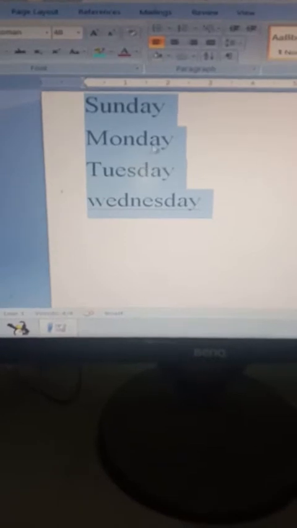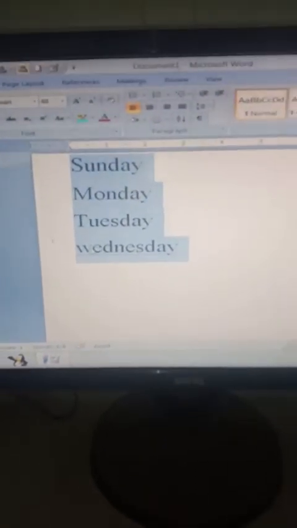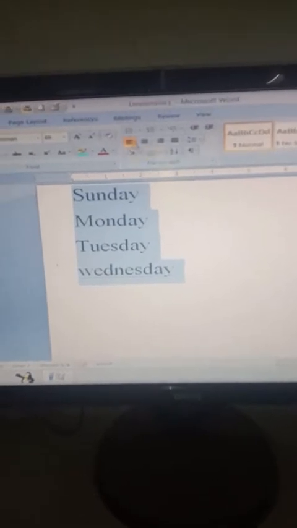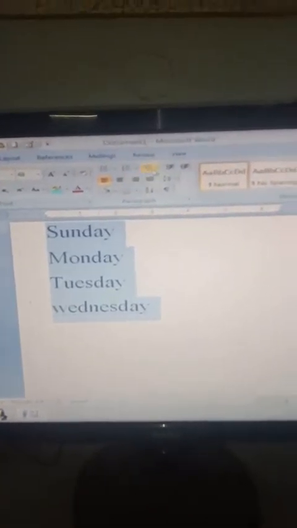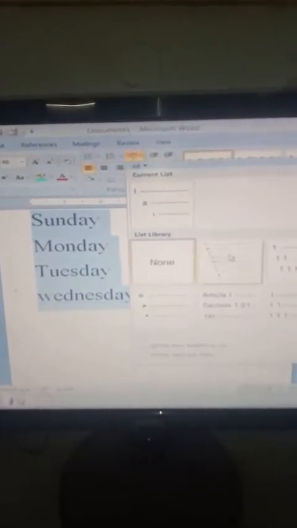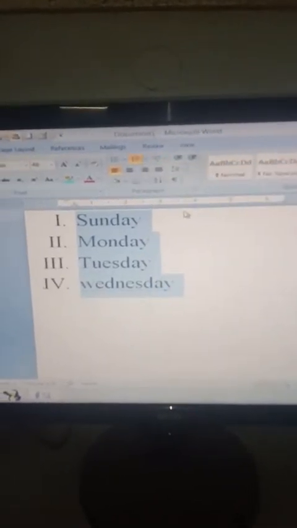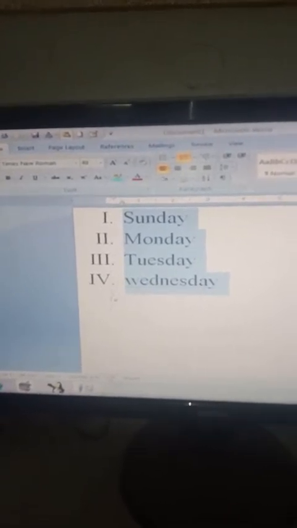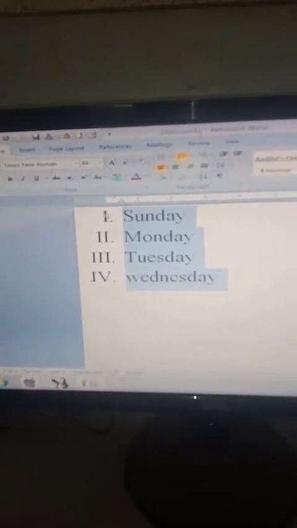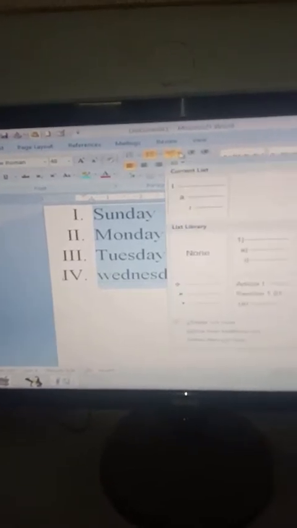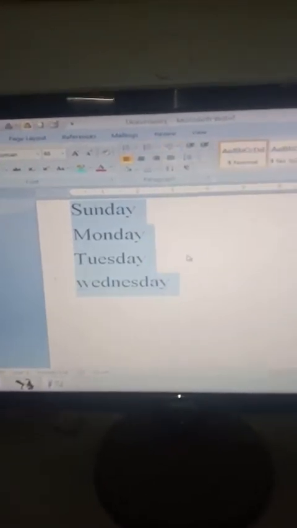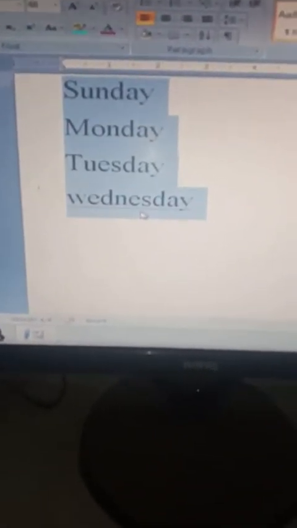Now the next is how to add the multi-level list. Select the content that you have typed. Now move to the paragraph tab, from the paragraph tab to the multi-level list. As soon as I click on the multi-level list, different types of multi-level lists are available here. I can select any of the multi-level lists, and after selecting, the multi-level list appears in my document. So if I want to remove it, just click on the None option and the multi-level list gets removed from the content. This is how we apply the lists, which I taught in the earlier videos.